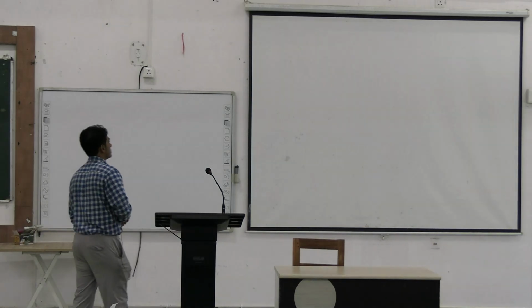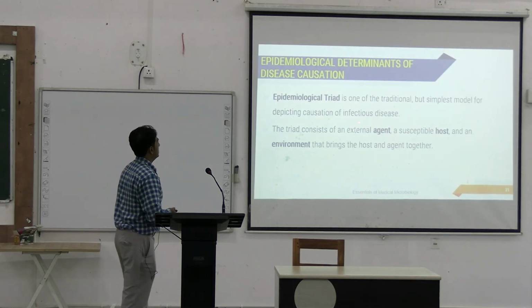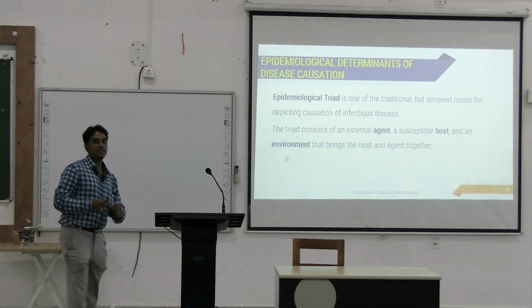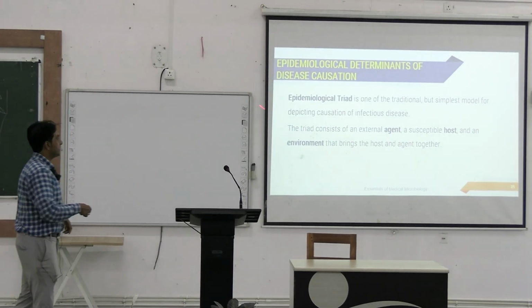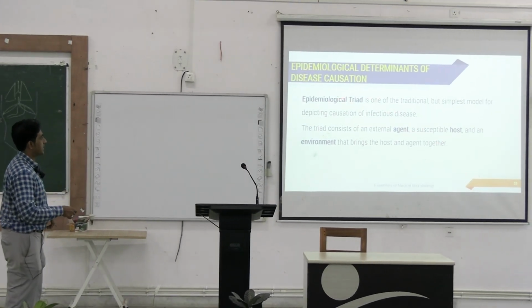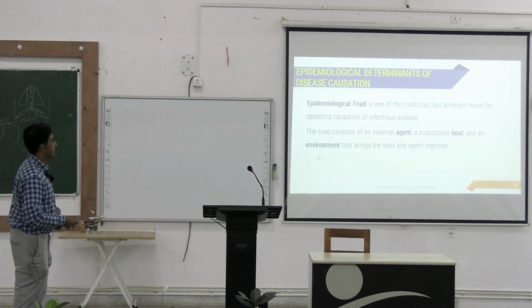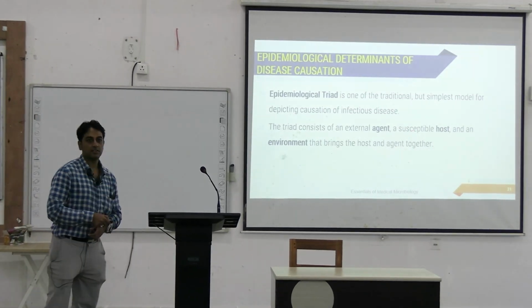Epidemiological determinants of disease causation. What is a triad? This is one of the traditional but simplest models for depiction of causation of the disease, like agent, host and environment. যে কোনো একটা ডিজিজ occurs due to a triad of factors, three factors গুলো কি কি? Epidemiological triad কাকে বলে? এজেন্ট, হোস্ট and environment. এই তিনটে ফ্যাক্টরের উপর বেস করে যে কোনো একটা ইনফেকশাস ডিজিজ হয়। ওকে।